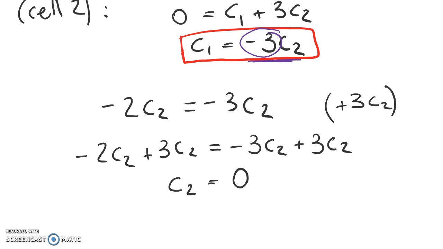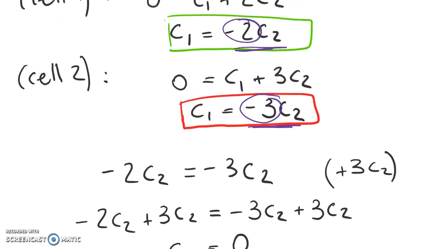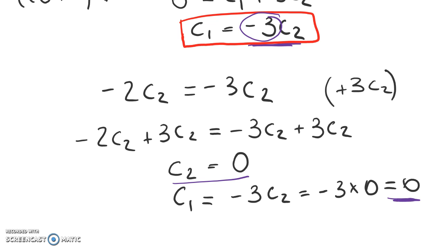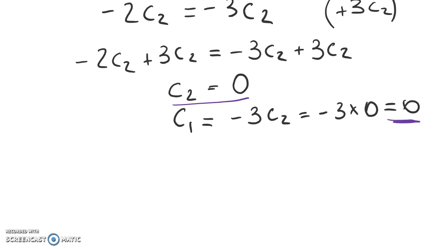Okay, so because C2 equals 0, that means that C1 equals, and we can choose either one here. So we can choose the green equation or the red equation. But C1 equals minus 3C2 from that red equation equals minus 3 times 0 equals 0. Now, because we have C2 equals 0 and C1 equals 0 as our only solution, we can say, therefore, the